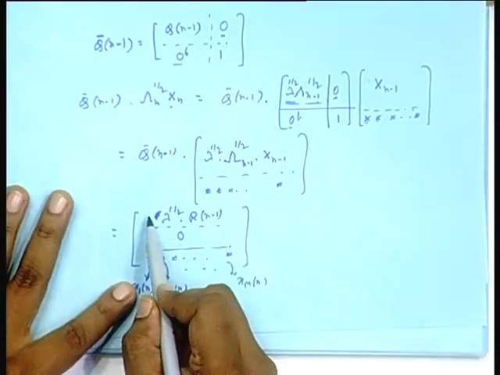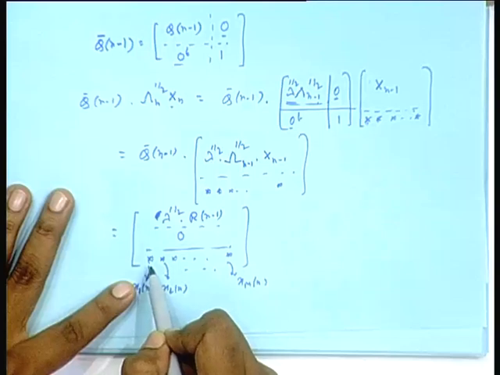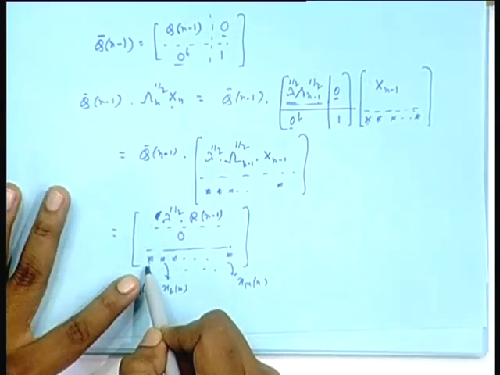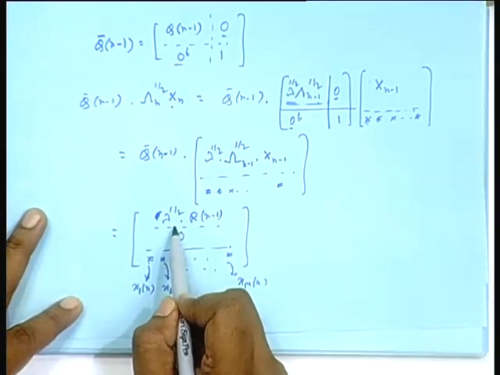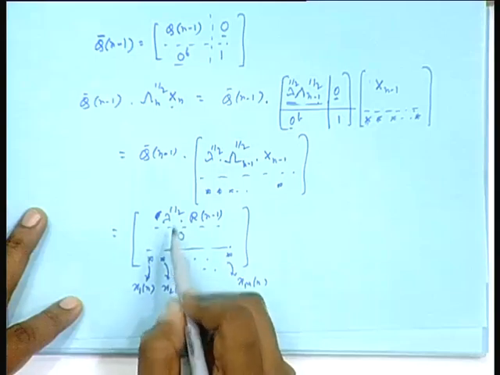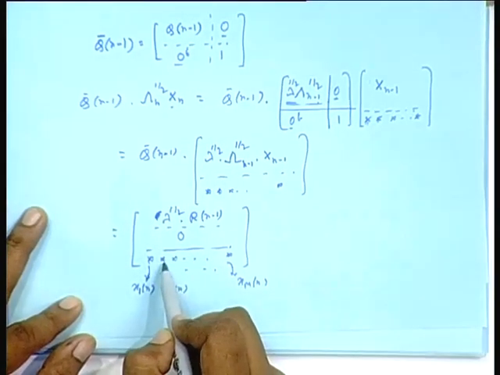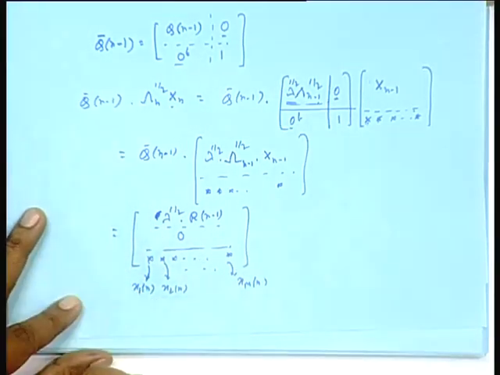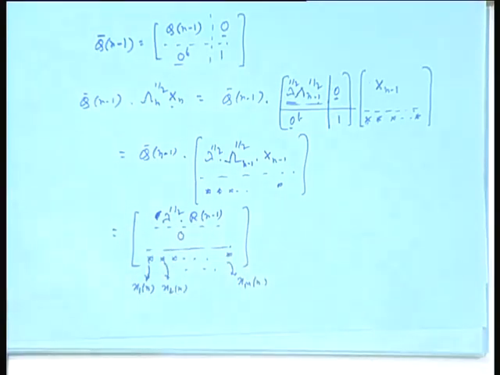I take first row, sorry, first column, annihilate this guy, one rotation. Then take the next column, second column, and second row fellow and this last fellow. I consider that plane and annihilate the last guy, so on and so forth. So, I apply the sequence of Givens rotations, m number of rotations, I get back a perfectly upper triangular matrix followed by a chunk of zeros.